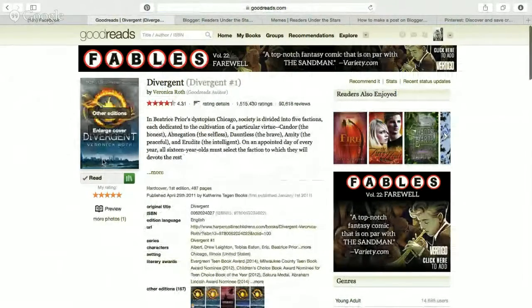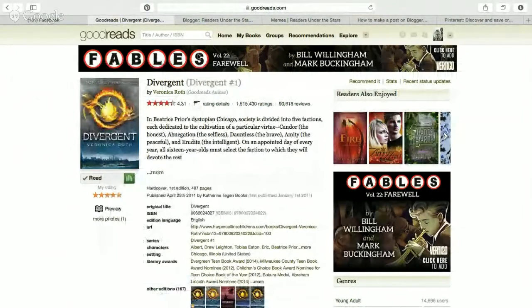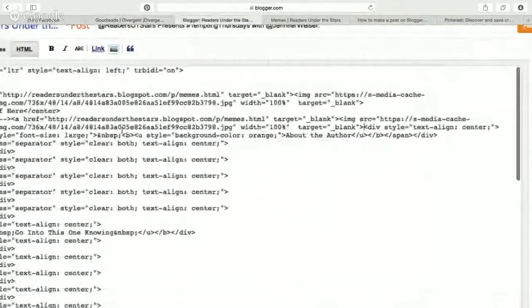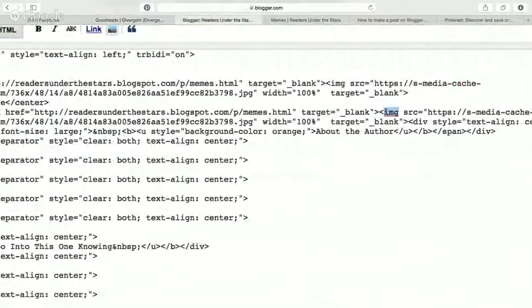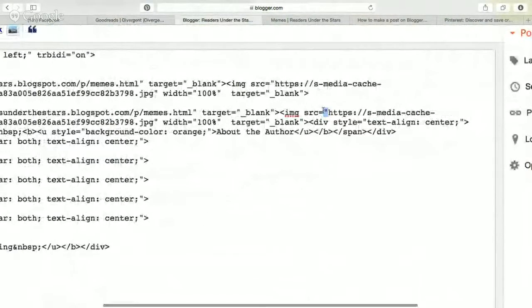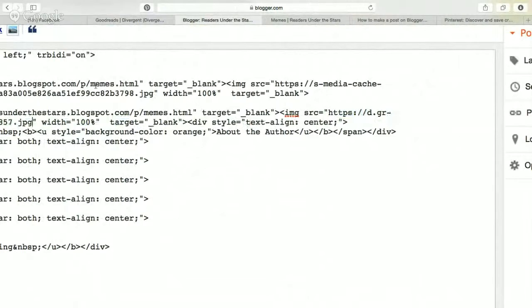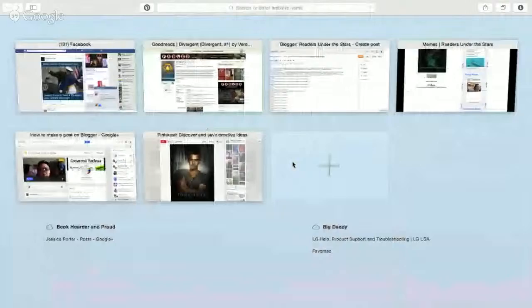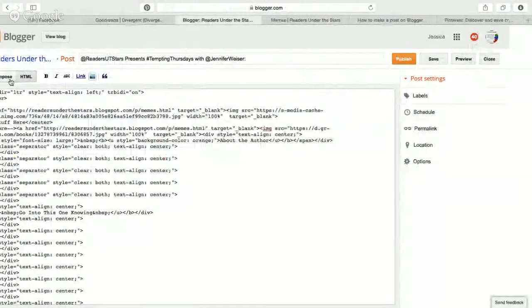Okay, there's Divergent. Do your right click, save image options, come back over here, and then what you're going to look for is this right here, the IMG. That's your image. There's your little thingies to state that it's a link, and you just want to highlight this all the way down to the next one and then paste it in. That is the simplest way to get that link back in there